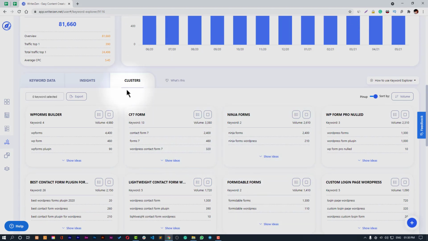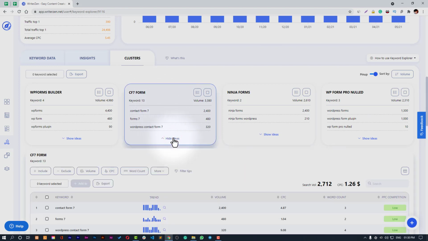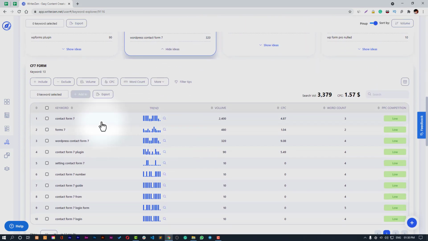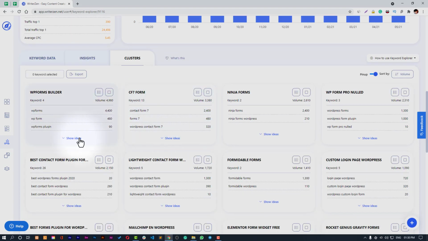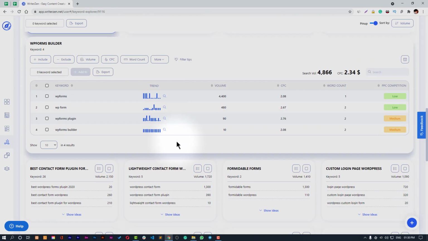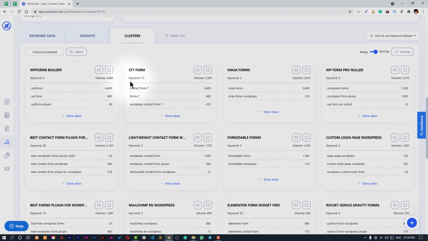And then we have clusters now. Each cluster will contain some keywords. You can see the clusters of keywords are very intelligently created, so you get the best volume.